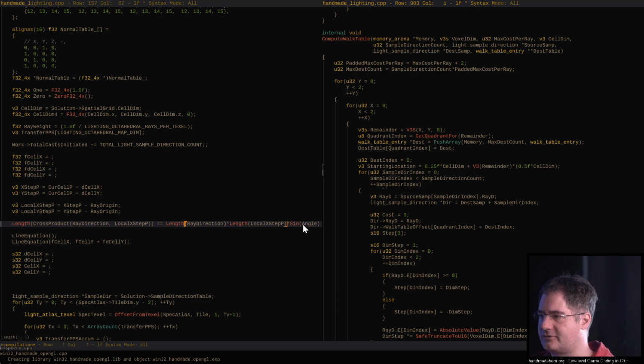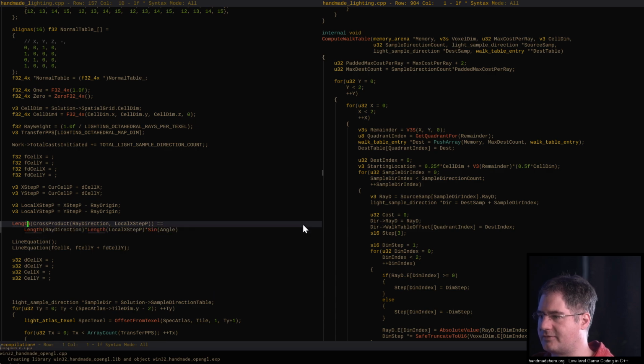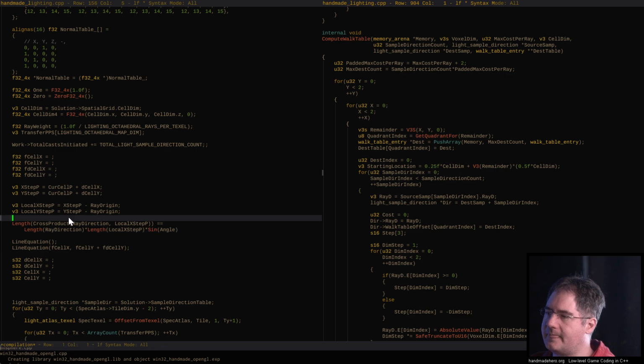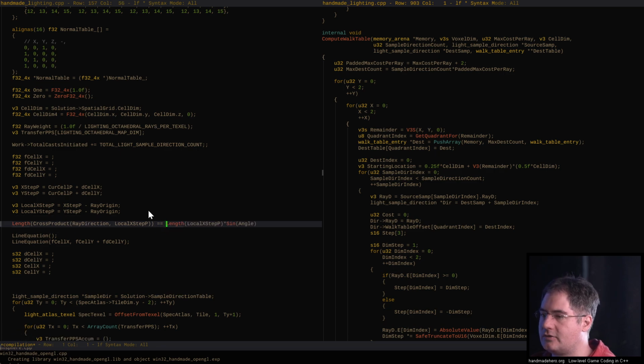That's just the definition of the cross product. I'm sure we've covered that on Handmade Hero at some point way in the past. So we know the length of the ray direction is 1. So we know that this comparison here is just the local x step, whatever that is, times the sine of the angle,